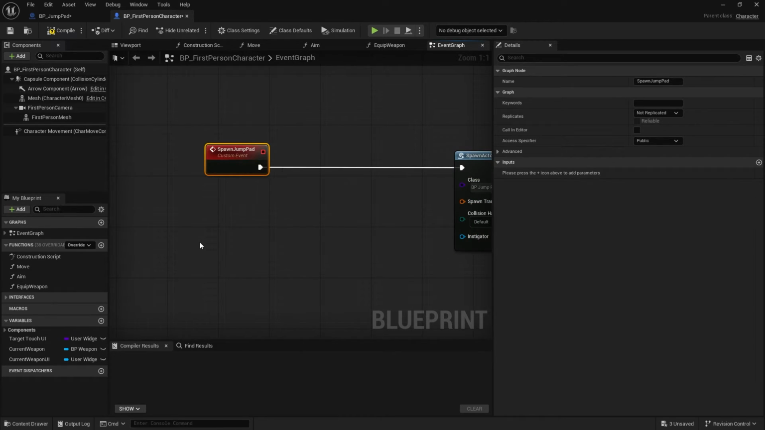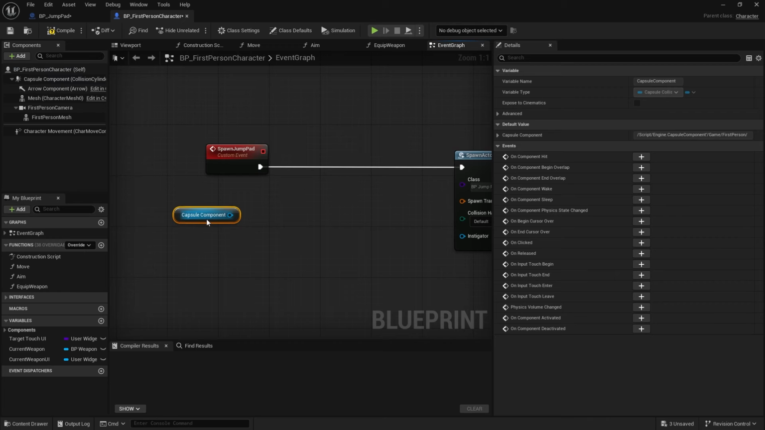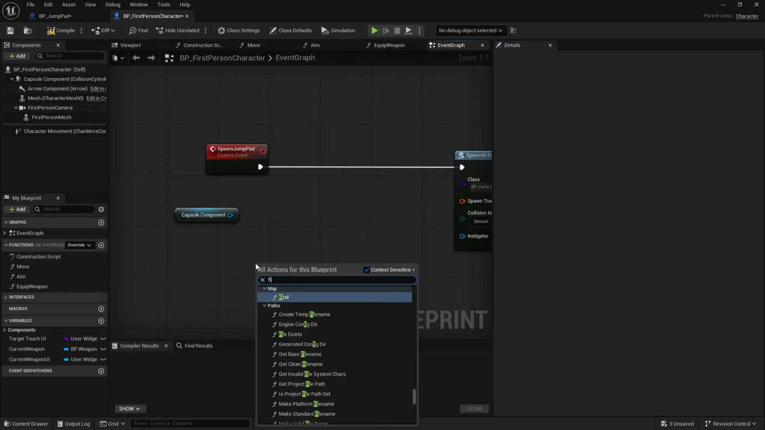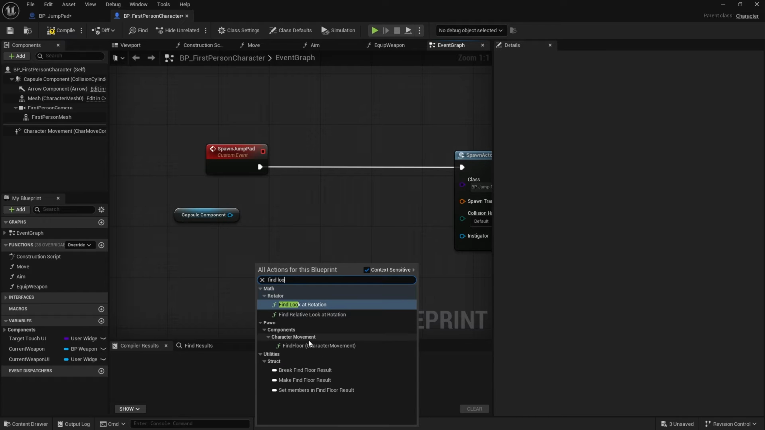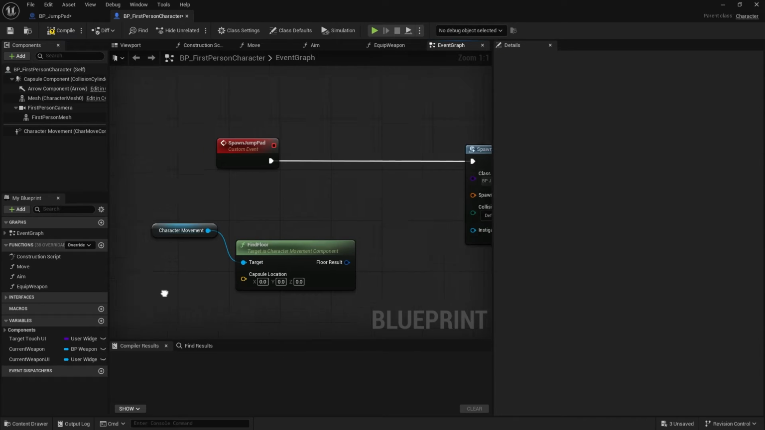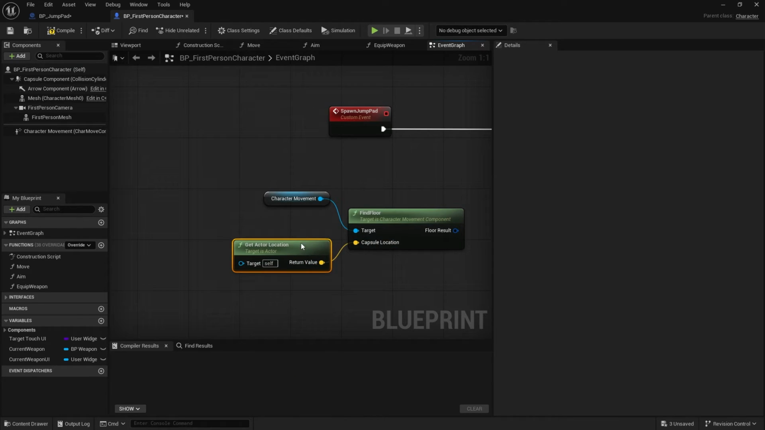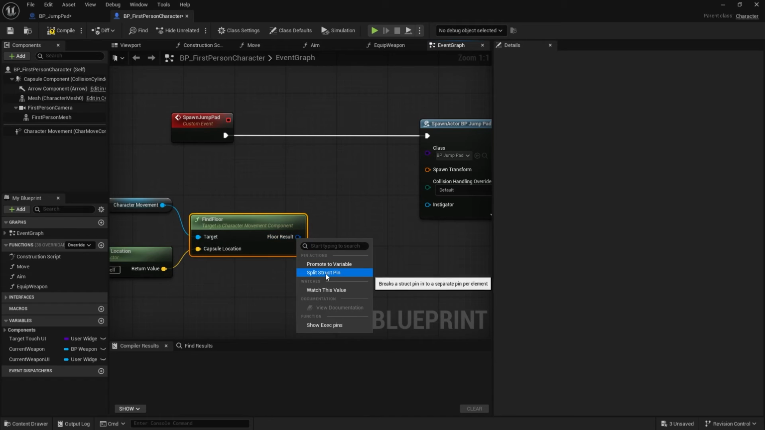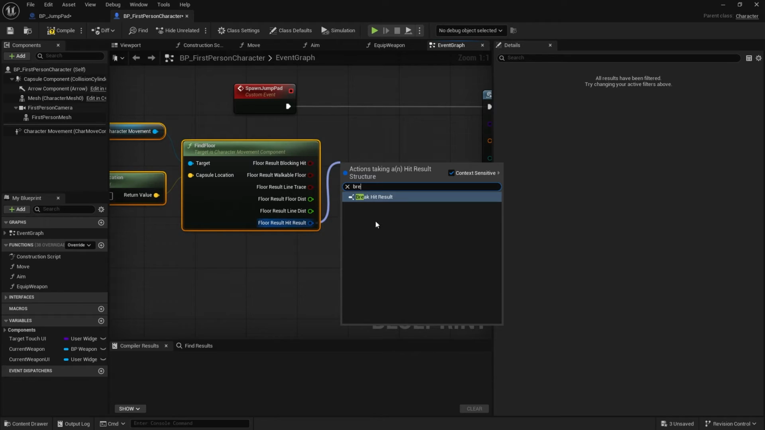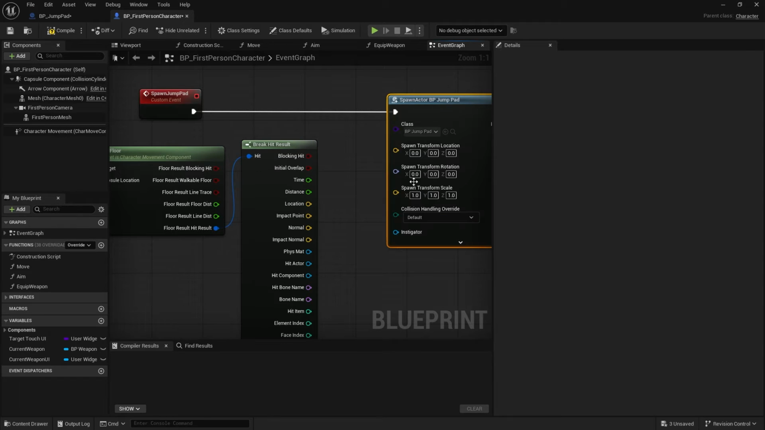Okay, so let's go and find the floor. To do that, we drag out the capsule component and do find floor. Not capsule component, sorry. Find floor. Sorry, character movement. That's what it is. Capsule location is what you want, so that we can just use get actor location. Like that. And the floor result is a hit result. We can split that and it'll give us all the information, including this hit result here, which I can break open and get the location out of it. So I'm going to split that there